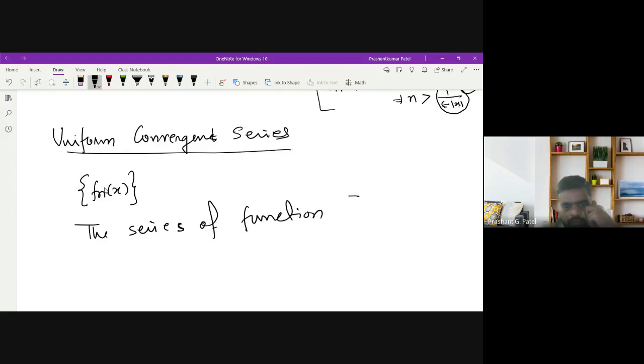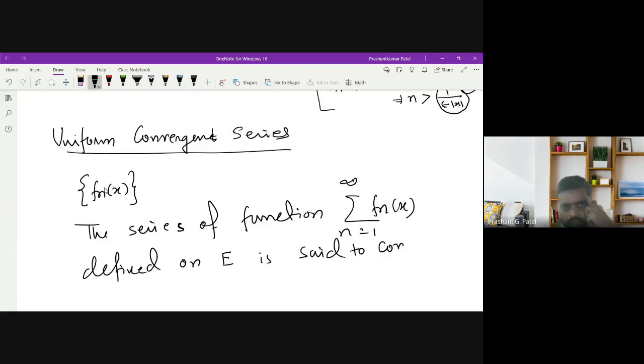summation n running from 1 to infinity of fn of x, defined on E, is said to converge uniformly on E if,